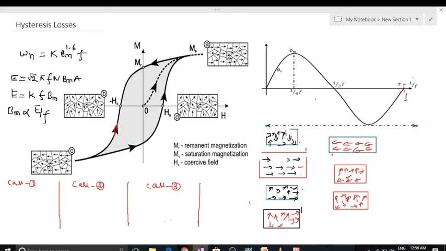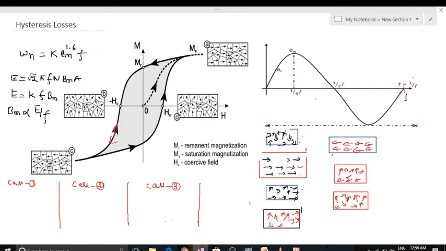So generally this arrow will be like this. So the loop will always be continuous for every cycle. This loop is for one cycle. Like that, for every cycle, this loop will be continuous, and this is nothing but due to the alternating nature of the external force, the BH curve takes place in the